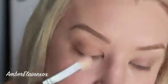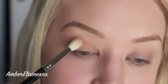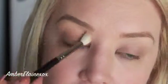If there are any harsh lines that you see, what I would suggest is going back in with the tapered blending brush and just doing a light, not with any additional product, just lightly going in to blend out any harsh lines that you might see. And there we go. Now that your crease color is done, we can go ahead and move on to underneath